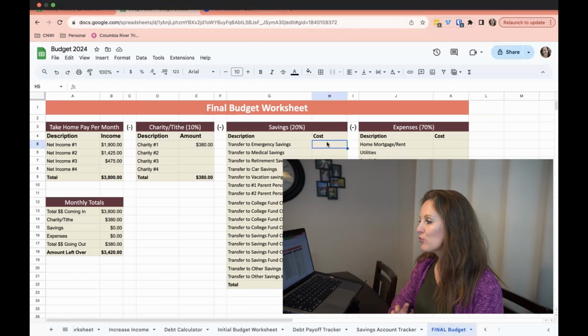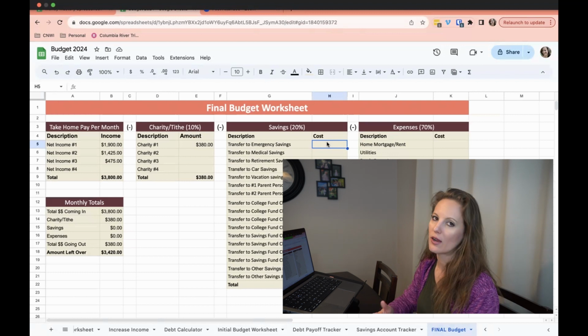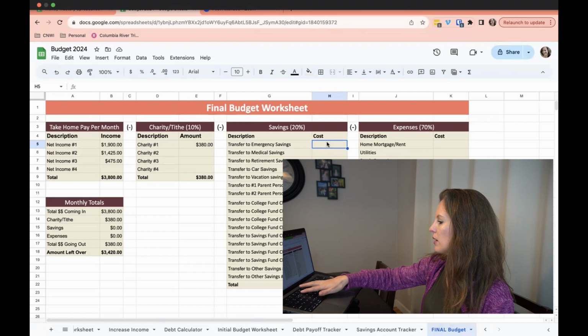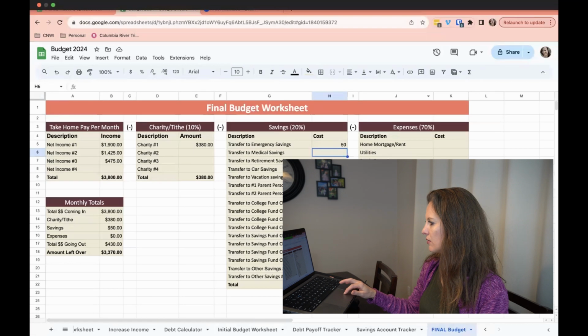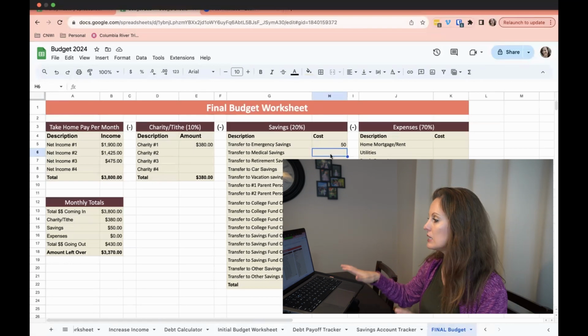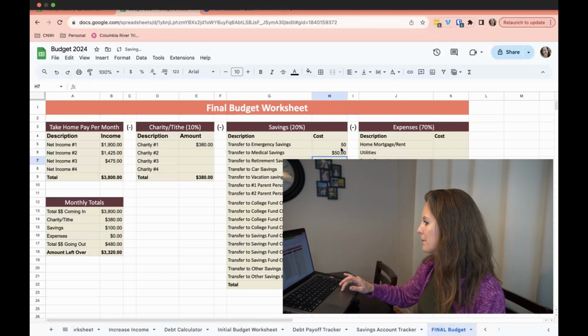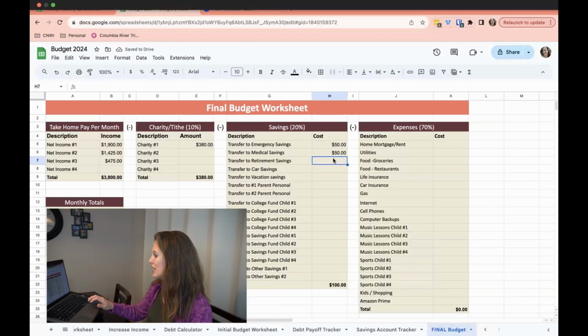So now we have that little bit of extra money, and we can decide if we want to continue to add to those savings accounts, which I do recommend that you do. So let's say we are going to every month put $50 into that emergency savings account. Is 50 enough? I don't know. We can play with it a little bit. We can see what happens here. Let's say we put 50 into the emergency medical, transfer to retirement. Let's say we do 100,